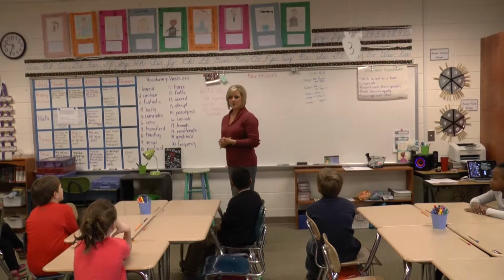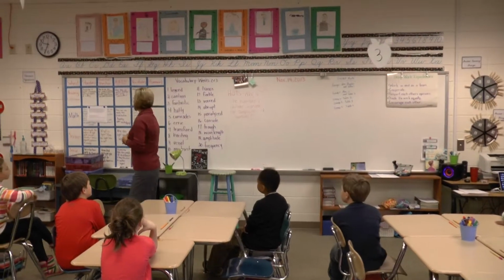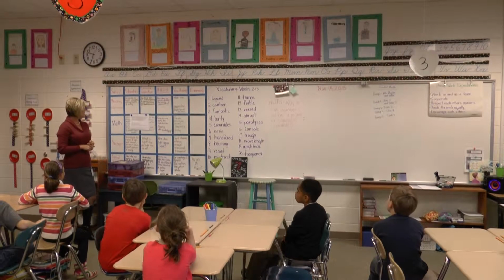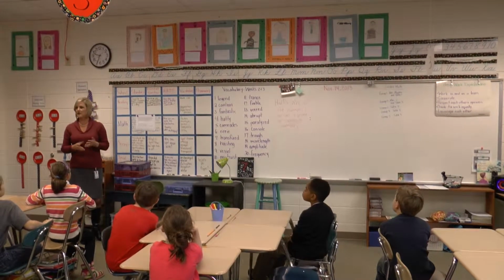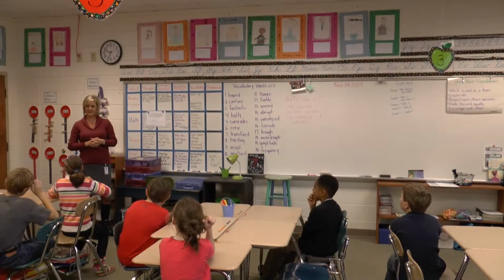Alright, so math, boys and girls, we've been talking about prime and composite numbers. Let's take a look at our standard. Our standard states that we're going to find all factor pairs for a whole number in the range 1 to 100. What's a whole number? Abby? Whole number